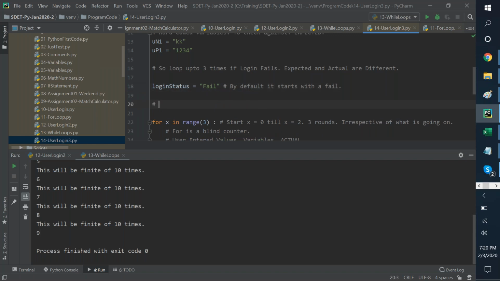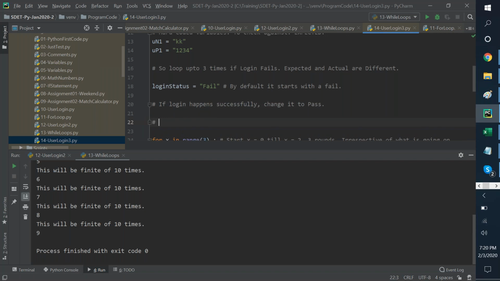Now, if login happens successfully, change it to pass. Loop as long as it is fail or a counter being 3. Do you understand, team, now what I did, everyone?